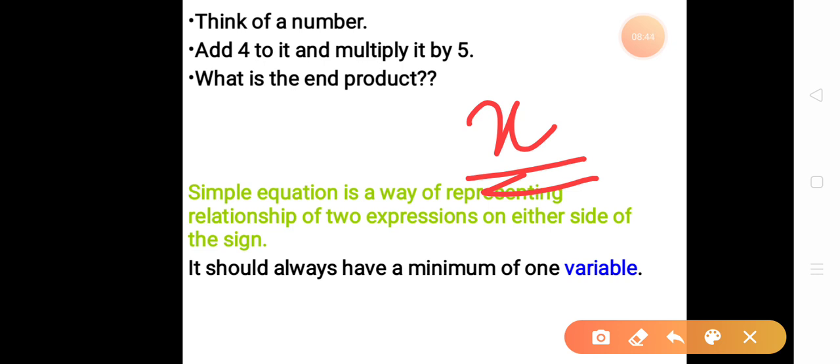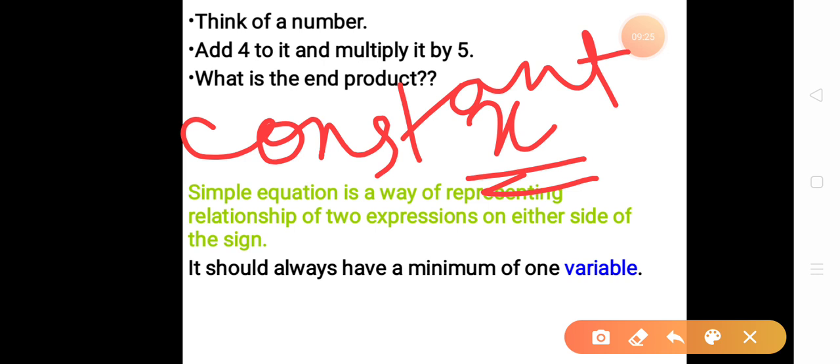Now since it's just the beginning, you are going to get equations where you will have only one variable. Another reason why we call it a simple equation. But as you reach your higher classes, you will get equations with two variables, okay, more than one variable. That is going to happen in the near future. You don't have to worry about it, but for the time being, always remember you need to have a variable. And to add on to it, the opposite of variable is constant. Okay,